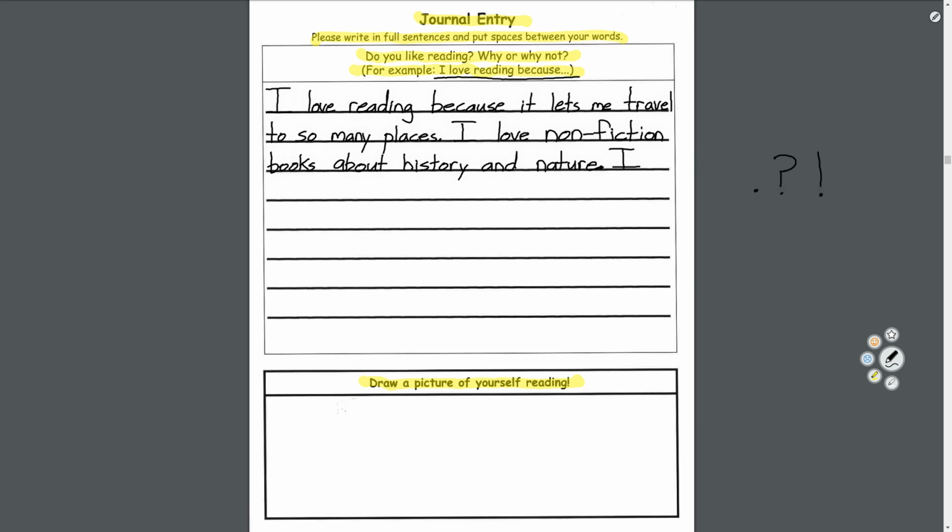I love fiction books. That means a made up story, like Franklin, Caillou, Harry Potter, Captain Underpants. I love fiction books too, and I'm excited, so I'm going to end with an exclamation mark. I love fiction books too! Harry Potter. And I don't have room, so I'll jump down to the next line. I love fiction books too! Harry Potter